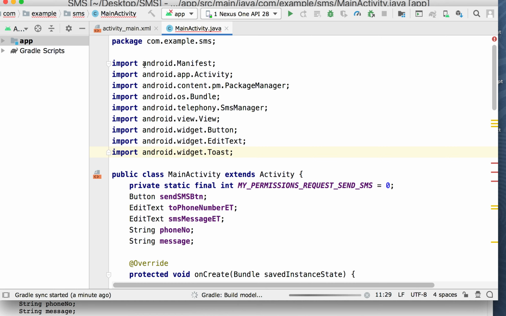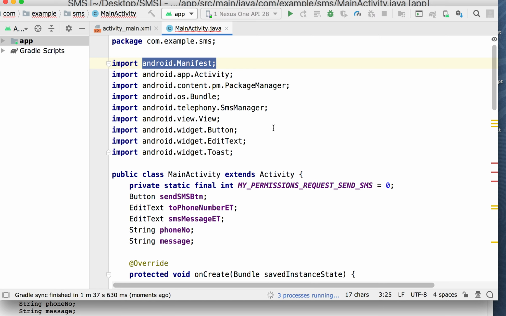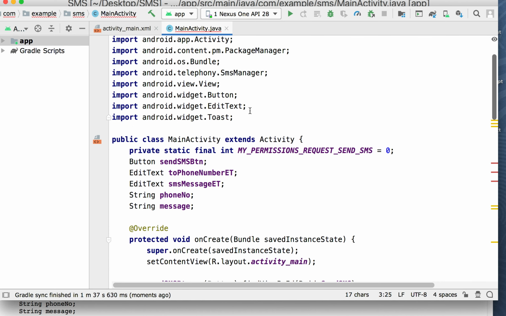So we have another import that was kind of interesting. Is the import is the manifest. We're going to talk to the manifest from the code. And in the last video, I kind of alluded to the concept that I was going to show you some more examples of this. And what I'm showing you is how to programmatically change what's in the manifest or to set settings and permissions. We need to set permissions in this particular application to use the SMS. And we're going to use the SMSManager, which is the automated way of setting the